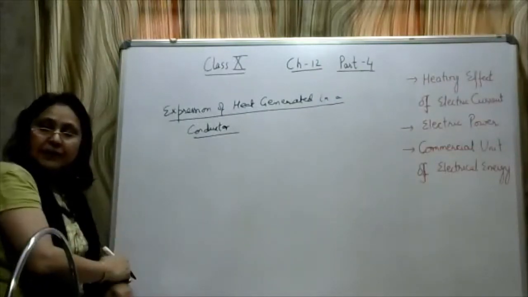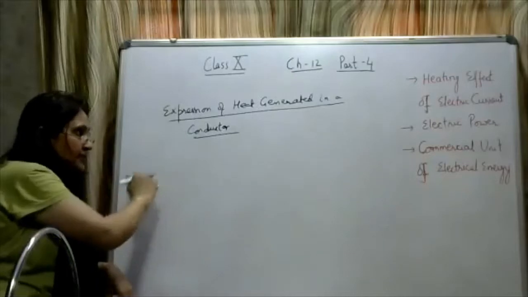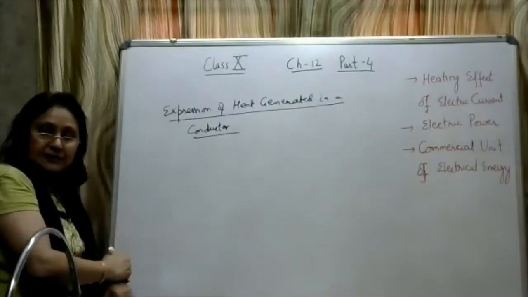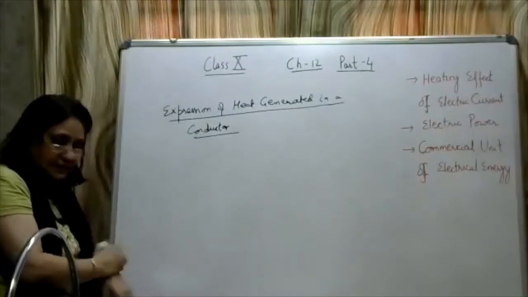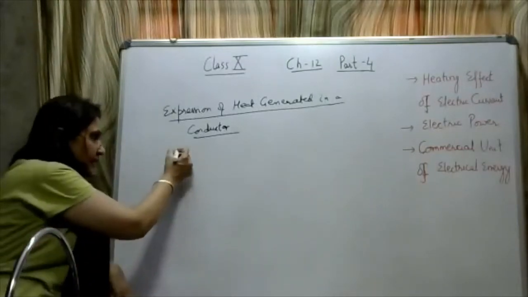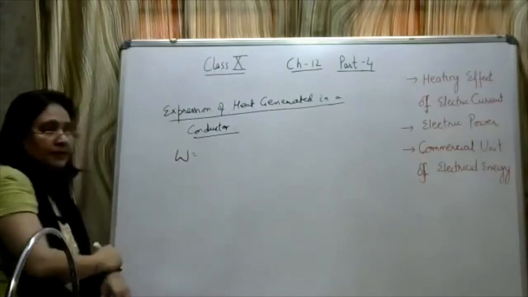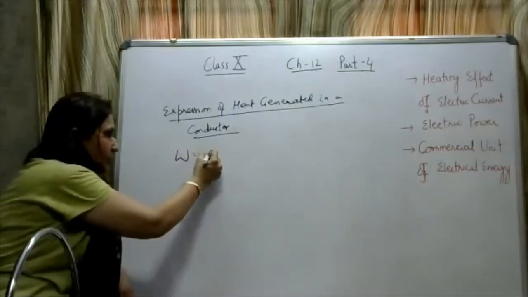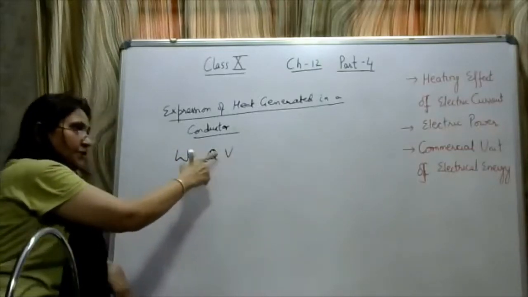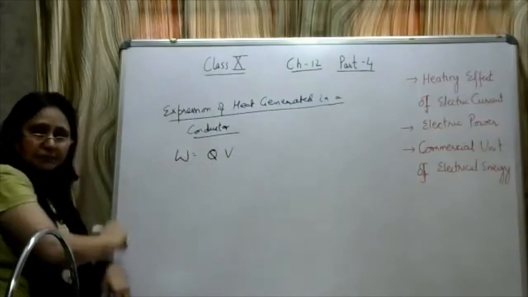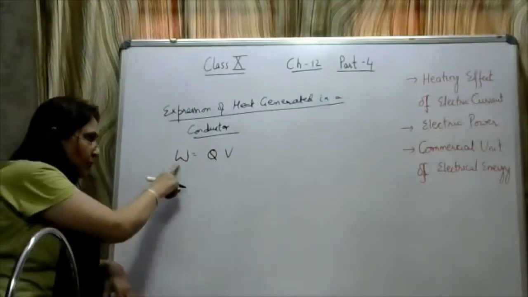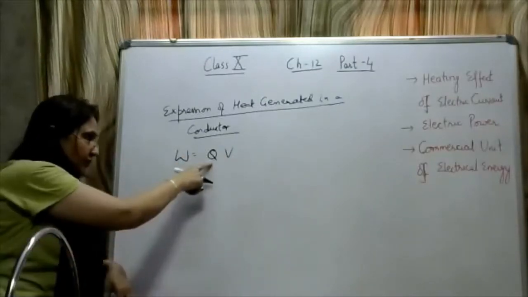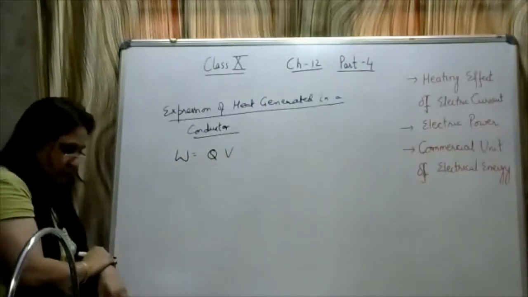Okay, we know that any conductor which is having some resistance capital R, for continuous flow of electric current, some work has to be done. This we call the electrical work done. This amount of electrical work done against the potential difference V, we know, is equal to Q into V. Why? We know that potential difference is work done per unit charge. So the work done against the potential difference for the flow of current, that is, for the flow of charges, is equal to Q into V.